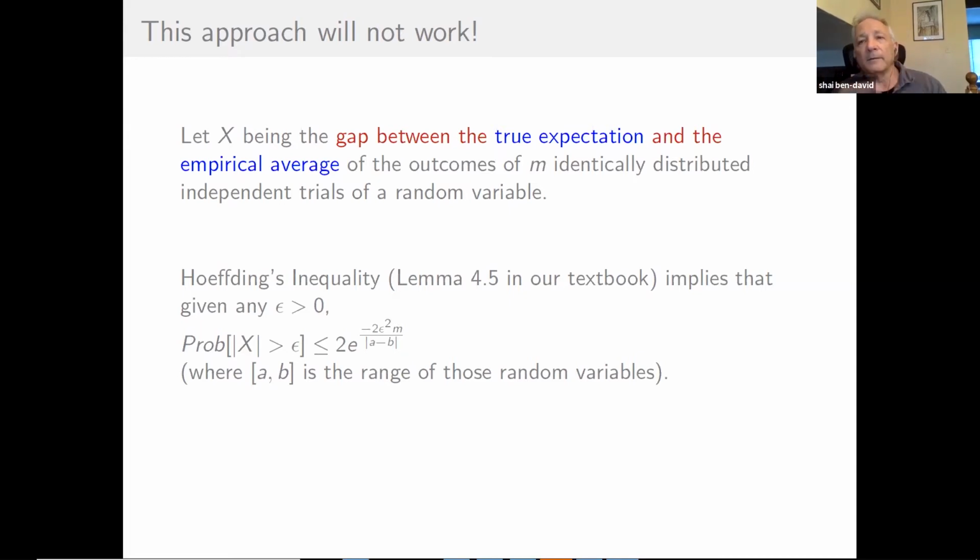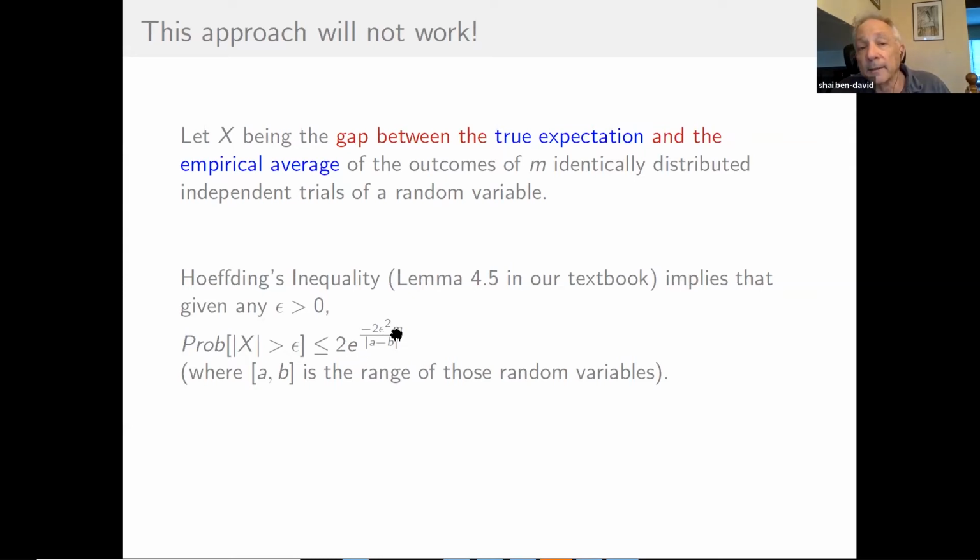A very mainstream tool for this is to estimate the gap between the true expectation and the empirical average of the outcome of M trials: the Hoeffding inequality. The Hoeffding inequality tells you that for every epsilon, the probability that the gap, X, between what we see in the experiment and the true expectation in the population, is bigger than epsilon is at most e to the minus 2 epsilon square m,